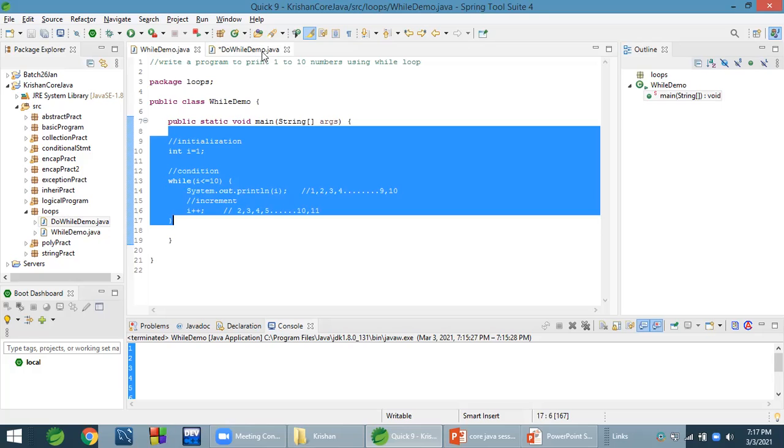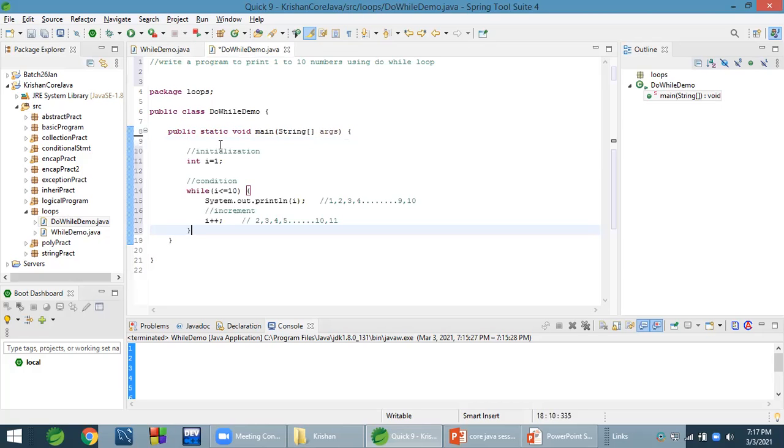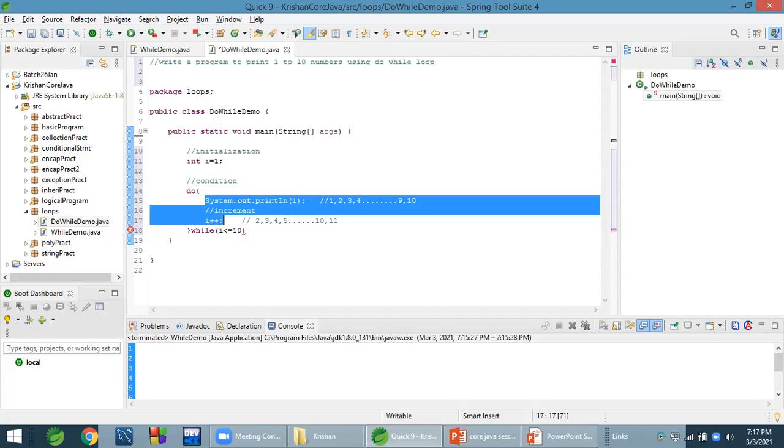Same program, but the syntax will be changed a little bit. I equals to 1 is the same. Here instead of while, what do we write? We write do. Okay, here we write do and here we write while. And the body will be the same. Increment, decrement we do in the body.